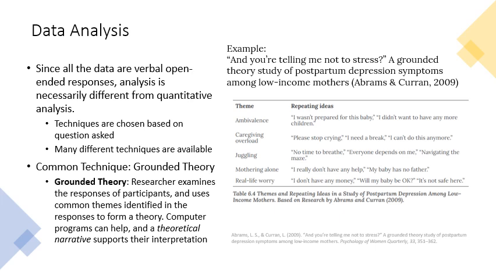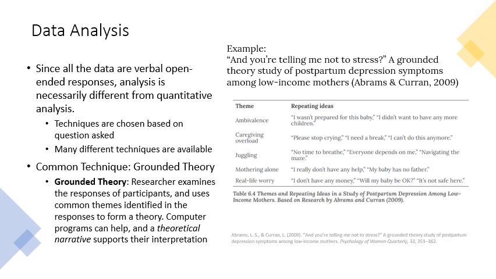The data are analyzed a little differently, as you can guess, because they're verbal, open-ended responses. There's a lot of words. And so depending on the question asked, there are quite a few techniques for analyzing these data. There are even statistical tools that will help you to sort the data and group it as needed. But one common technique is grounded theory, and that's what was mentioned in our first study about the families of teens who committed suicide.